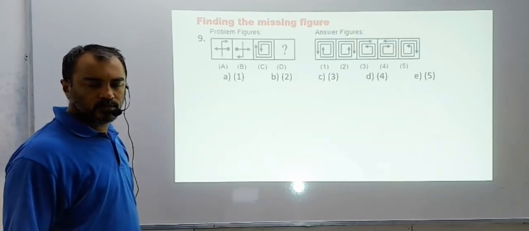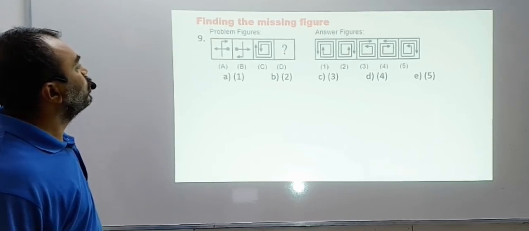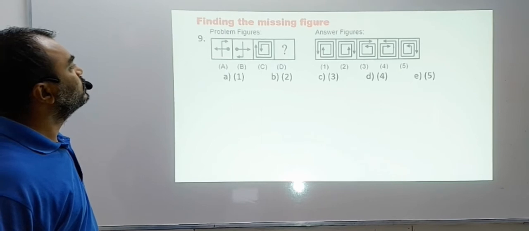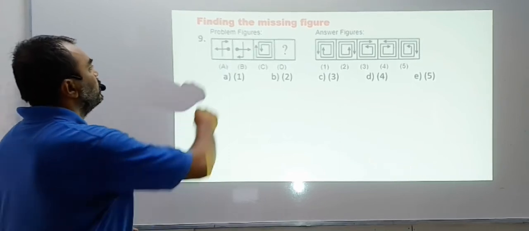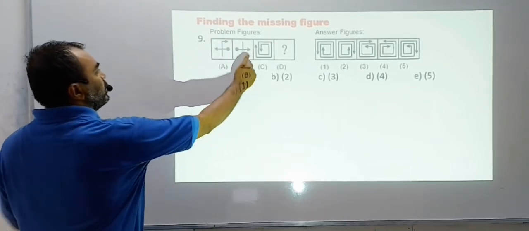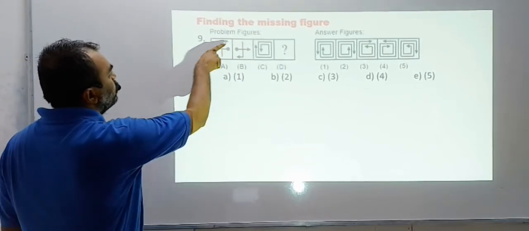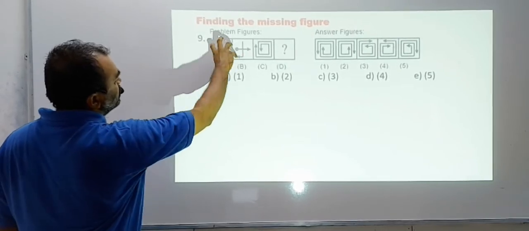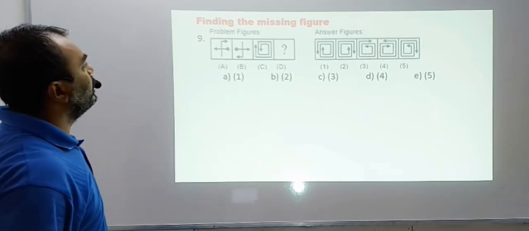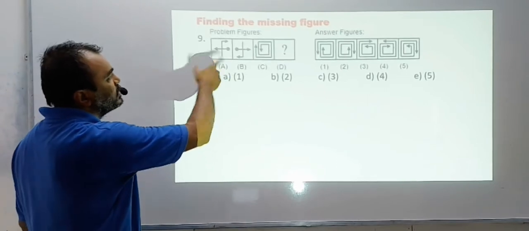Next question. What do you notice? Do you notice a 180 degree change? If you turn this figure 90 degrees, the arrow will come here, and turn it one more time, this is what you get. So this arrow, when turned 90 degrees, comes this side, this arrow goes here and the black dot comes here. So this figure is rotated by 180 degrees. And you can say clockwise or anti-clockwise because 180 degrees will give you the same position.